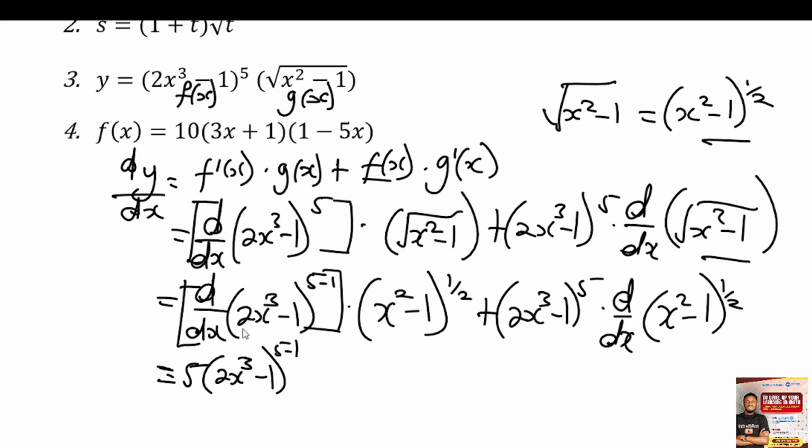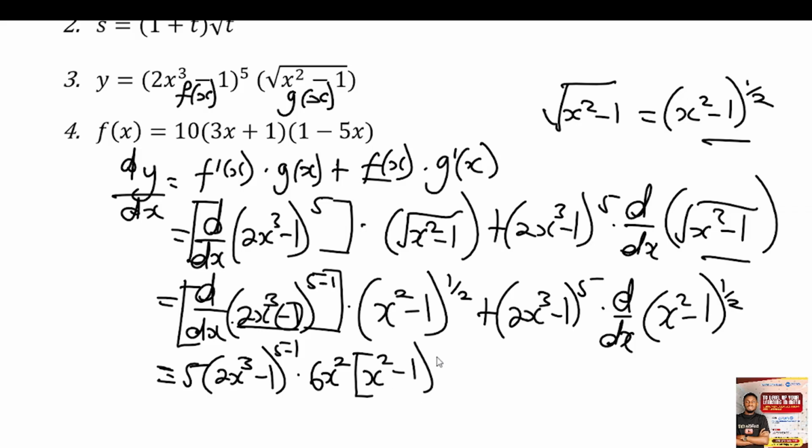Then we differentiate the terms in the brackets again. So we differentiate what is in the brackets. So when we differentiate what is in the bracket, we are going to have 3 times 2, which is 6x squared. So 2x³ will give us 6x². So when we differentiate this one, we get 0. Now, we multiply it by x squared